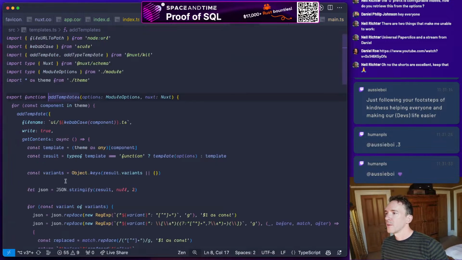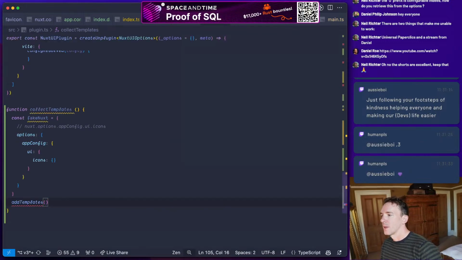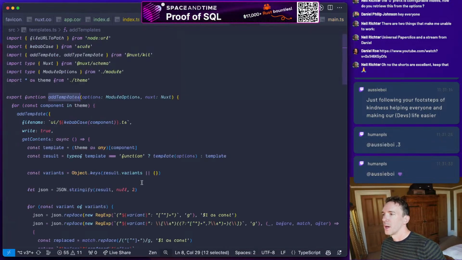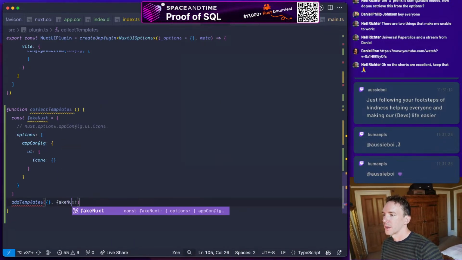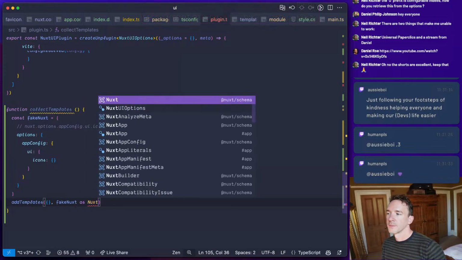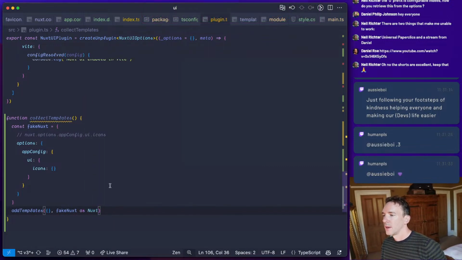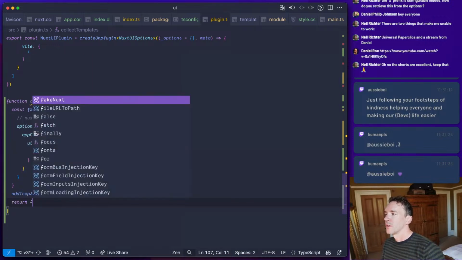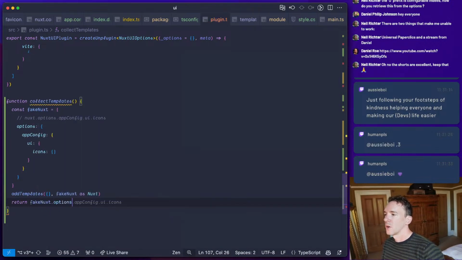And so we need for add templates to pass some options, and also to pass our fake nuxt as nuxt. And then we're going to return fake nuxt dot options build.